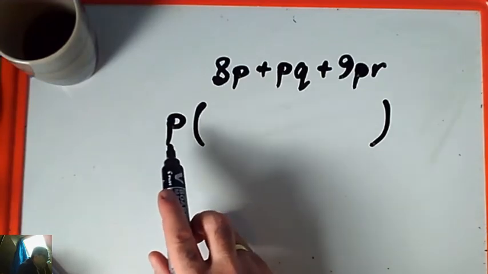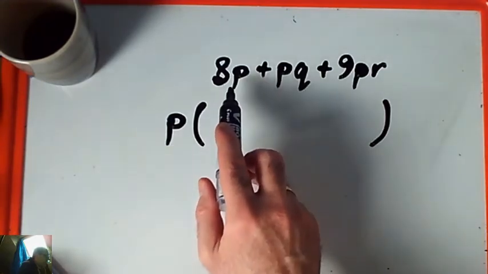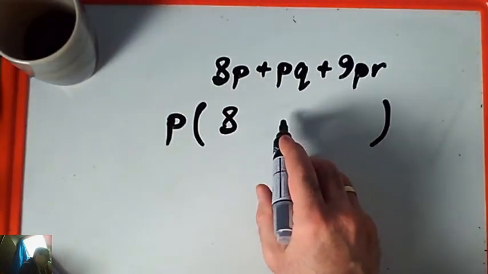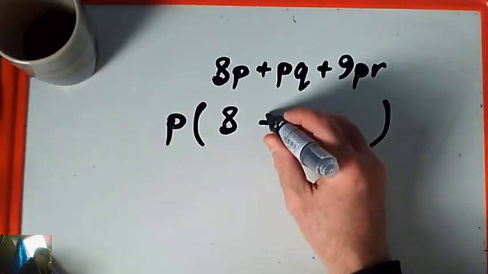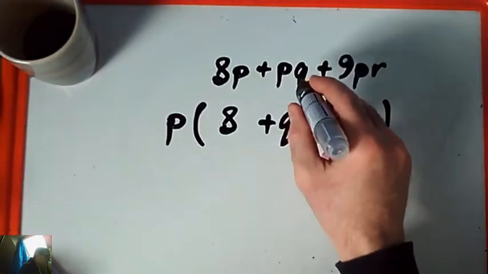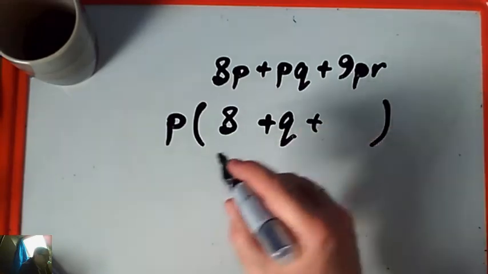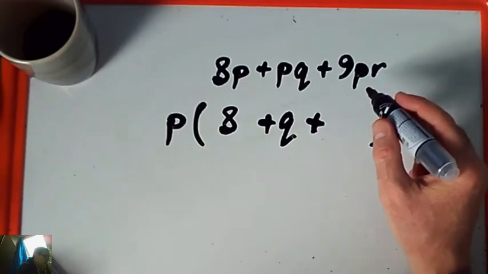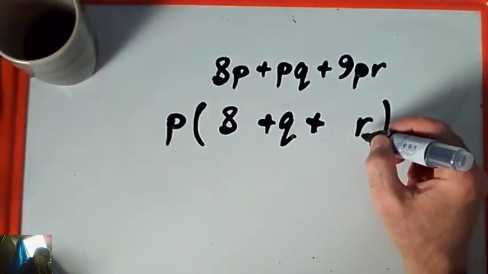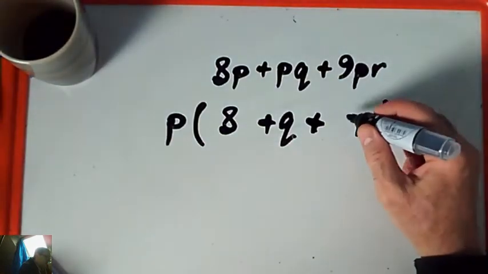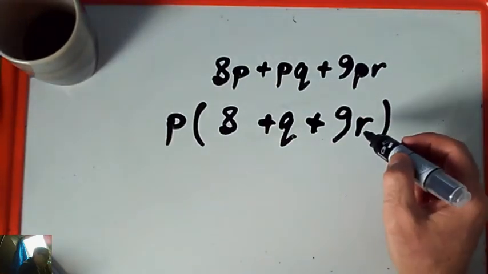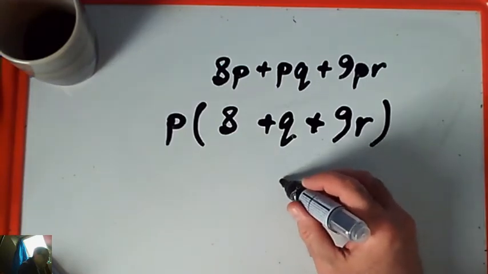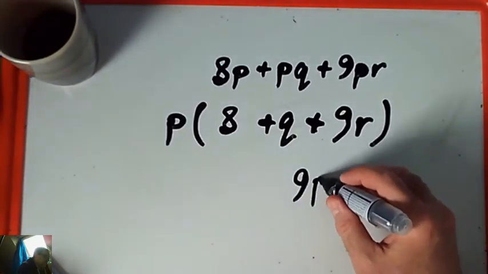And then I say p times what will give me the 8p. Answer 8. p times what will give me the pq. Answer q. p times q will give me pq. And then p times what will give me the 9pr. Okay, so p times r will give me the pr bit, but p times 9r will give me the 9pr. Doesn't matter about the order of multiplying, by the way. So 9pr and